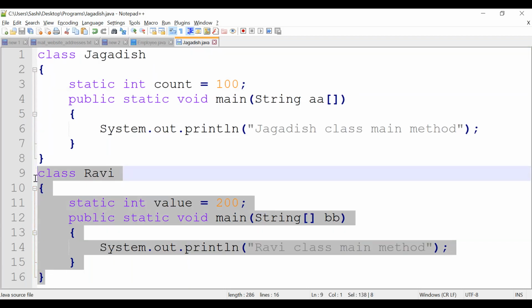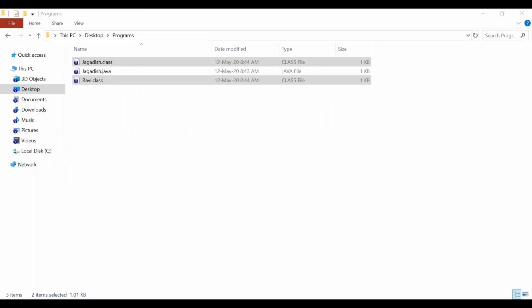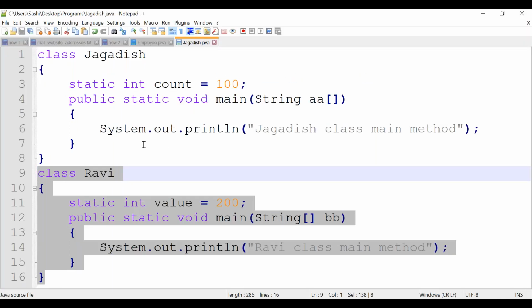Here also this is another separate class. It doesn't matter whether you declare it within one Java file or as a separate Java file. Here we have created two classes inside one Java file. So while we compile, it will create two .class files. Suppose inside a .java file you have created 5 classes.